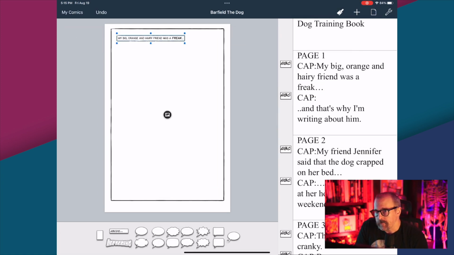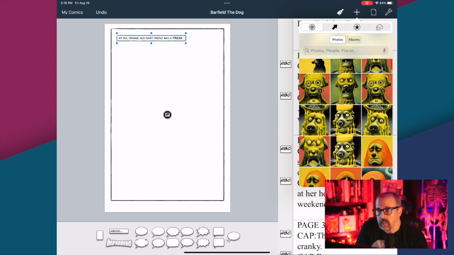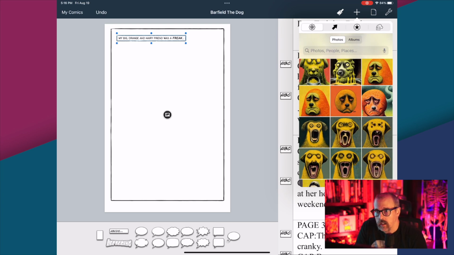And then go through and just start dragging your boxes or your word balloons or whatever it is that you've put together into your app. Now, if I click on that picture tool in the middle of the frame, it allows me to pick a picture from the gallery to start filling in.